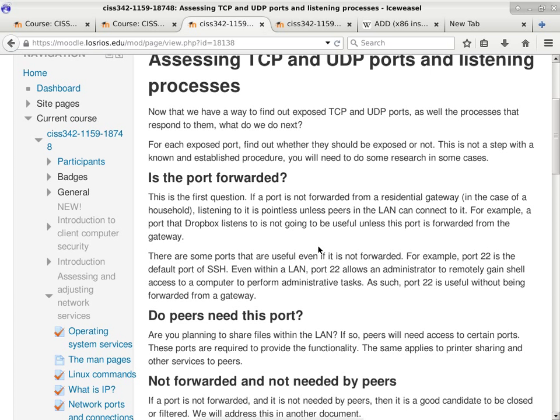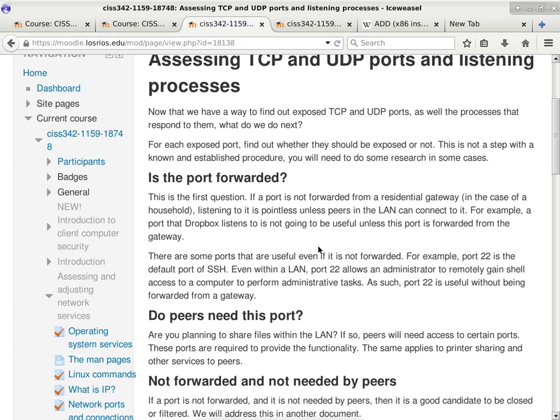first ask the question, do I need all of these port forwardings? If you look at those lists and you go like, I have no idea what this port number corresponds to, well, you might want to look it up, okay? Why is it being forwarded? What does it do? What happens if I close it? What if I turn off that particular port forwarding rule from your router? Would it be anything bad, okay?